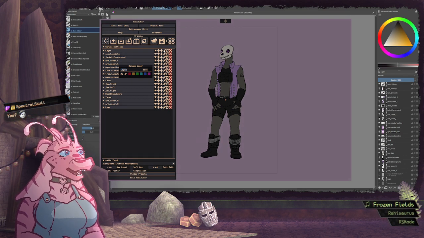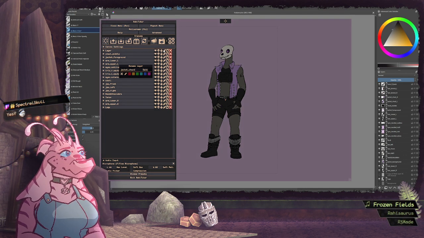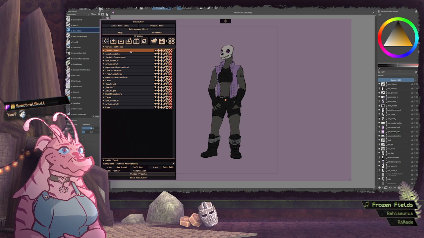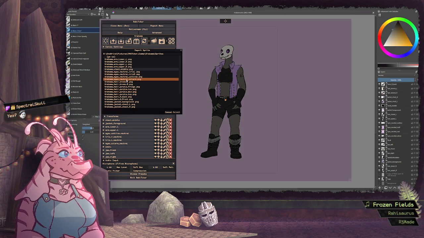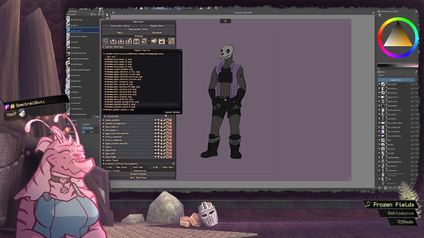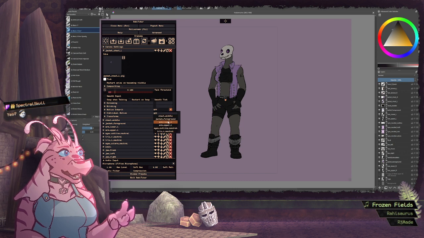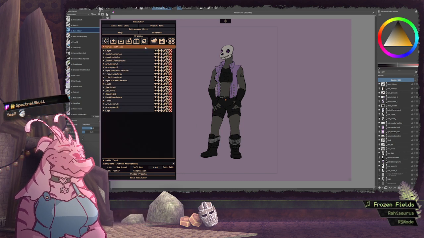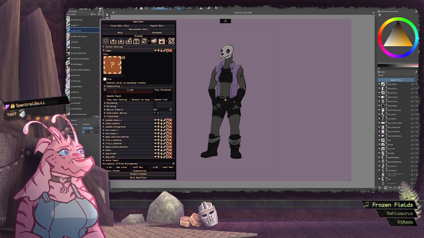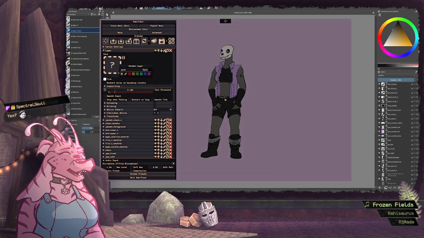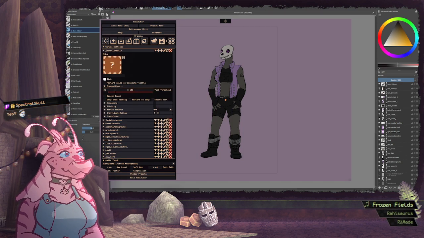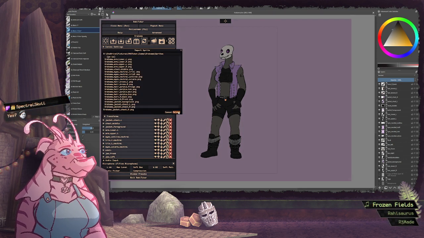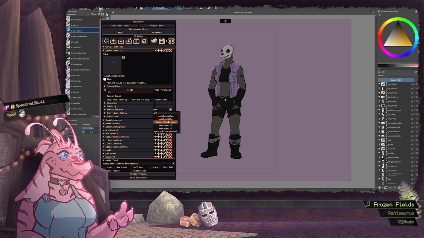Jacket chest L. Also inherits from torso. Jacket chest R. Also inherits from torso.